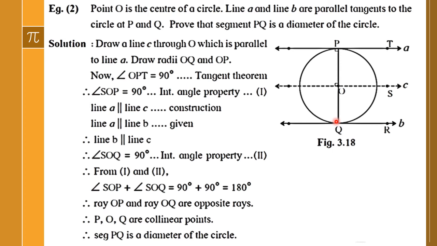Since a diameter is a chord which passes through the center, if you join PQ, it passes through the center, and hence PQ is the diameter of the circle. So this concept we will use in one of the problems in the exercise. Let's recall all the theorems that we learned in this video and the previous video, because we will use those statements to solve the problems in the next practice set.